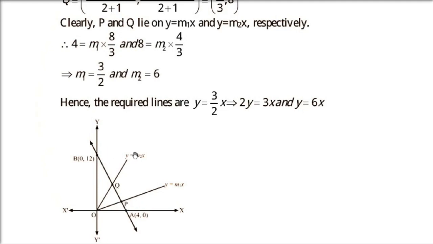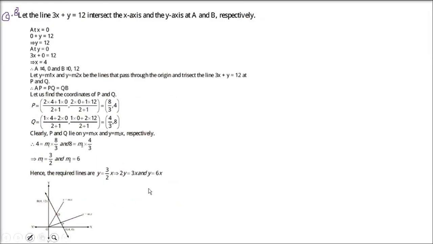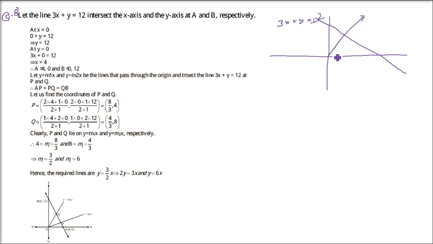That means we have to find out the equation, and then we have to use some section formula, etc., and we have to find out the x and y intercept also. So this is our original line, 3x plus y equals 12. Then we have the line which is this one and this one. These two lines are trisecting this one portion, one portion, one portion.